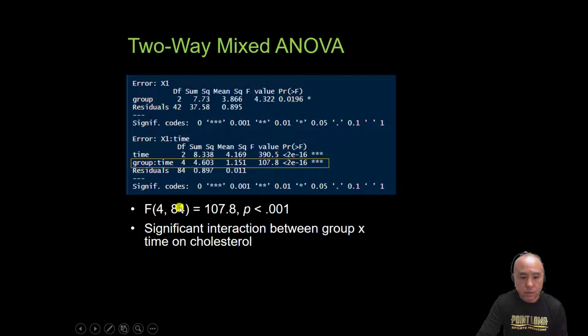So this is the residuals, and the degrees of freedom is 84. The ratio between true and error variance is 107.8, and the probability of observing that 107.8 ratio is less than 1%. So we conclude that there is a significant interaction. In other words, cholesterol concentration depends on both group to which these participants belong, as well as time. This is why an RCT provides such high level of evidence on which our clinical practice on these interventions are